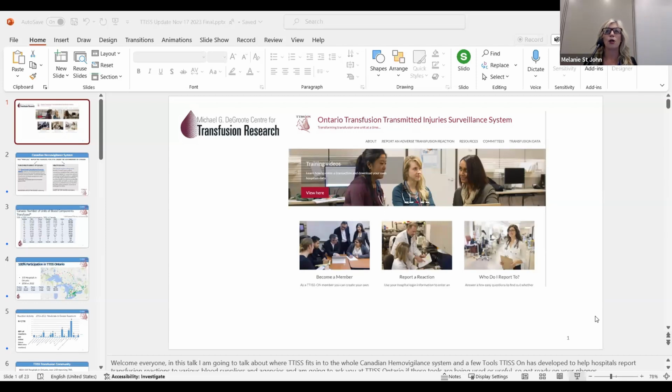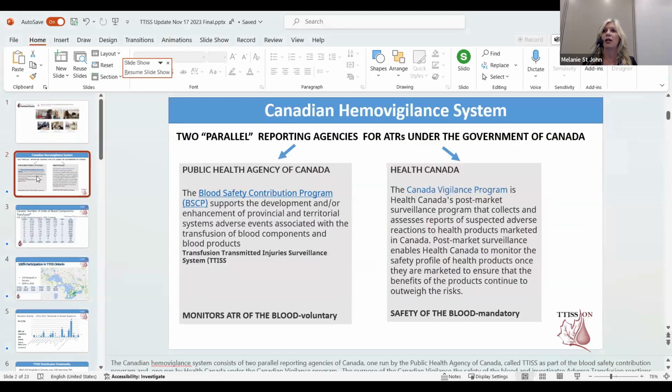I think I've said the first part, but basically, where does TTISS stand with reporting with the rest of the Canadian hemovigilance system? There are two reporting systems in Canada under the Government of Canada. One is to Health Canada through Canadian Blood Services or directly, and one is with TTISS. They're two parallel systems. People often think, what do I have to do for Canadian Blood Services, and what do I have to do for TTISS? And basically, under Health Canada,